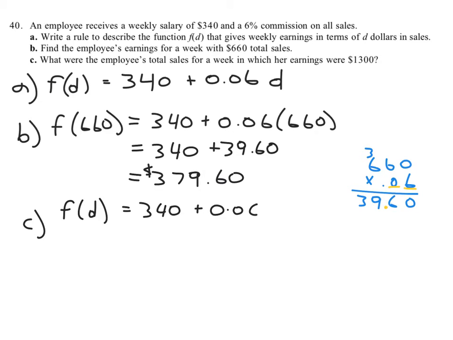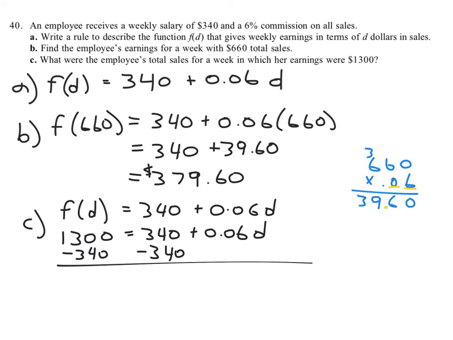and say, okay, what if it was $1,300 that they made? $1,300 is equal to $340 plus 0.06 of what amount? This is what we're trying to find. Okay, so I'm going to just do this quickly. Minus 340, minus 340. What we get here is 960 equals 0.06d. And if we were to divide that by the coefficient, 0.06,